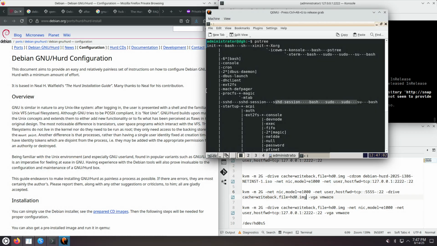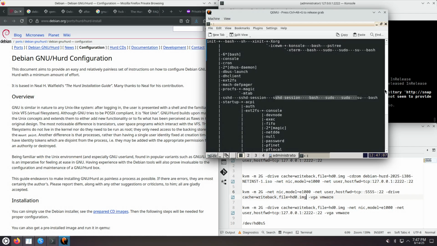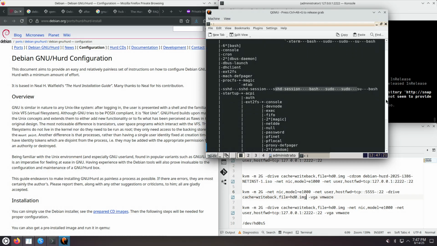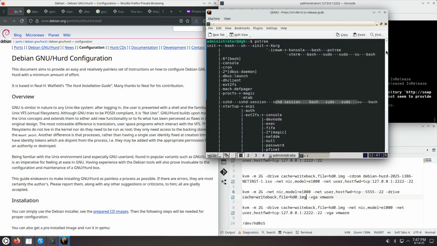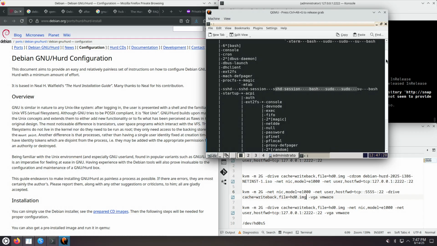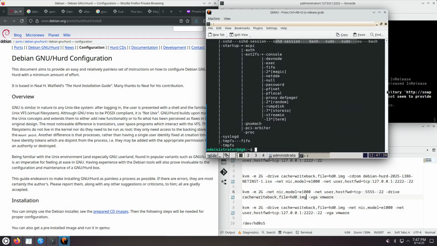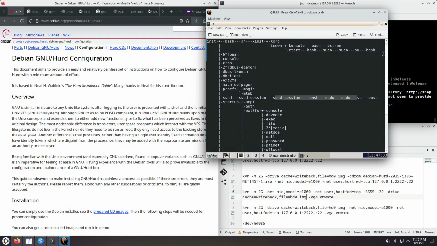Whoa, this bug with the mouse is really bad. You need to make sure that you don't exit with the mouse outside of QEMU, otherwise the mouse will not be calibrated. You will not be able to scroll in the window because you cannot reach the vertical scroll bar, the up-down scroll bar. Okay, and the rest are user space,